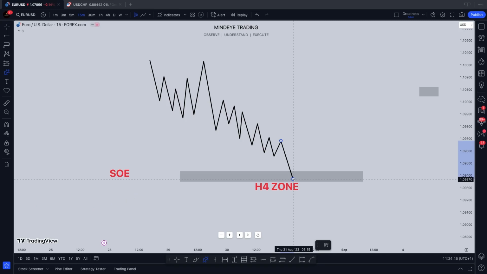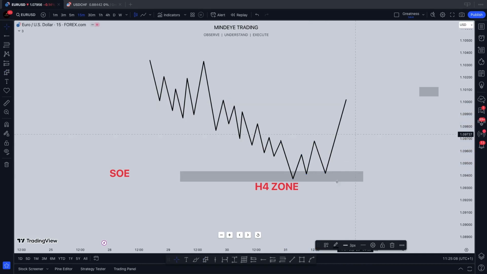This is something I usually teach those people in the free Telegram channel, and even sometimes my students, that for a new trend to be confirmed or for you to use change of character rightly, two highs or two lows must be formed. For example, this is a high, this is a low, and this is a new high. The market will come back to this point and continue to the upside.